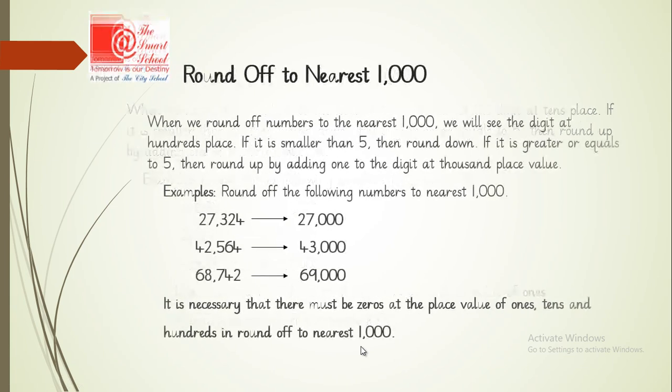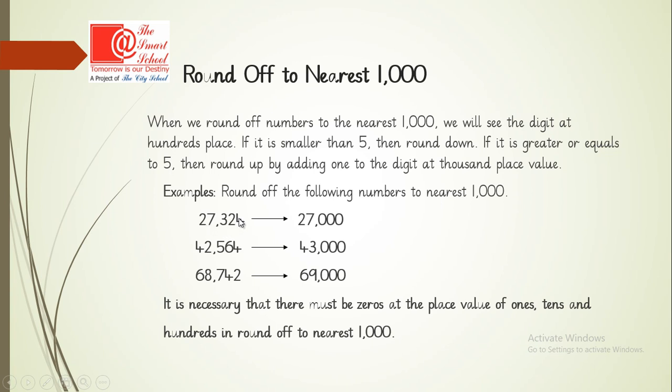Now the new thing for you, it is round off to nearest 1000. But the rules are the same as we did for round off to nearest 10 and round off to nearest 100. When we round off numbers to the nearest 1000, we will see the digit at hundreds place. If it is smaller than 5, then round down. If it is greater or equal to 5, then round up by adding 1 to the digit at 1000 place value. Now for example, round off the following numbers to nearest 1000. Now the numbers are